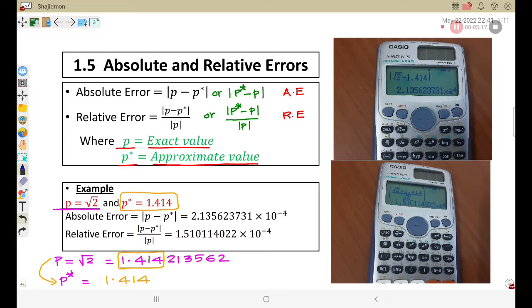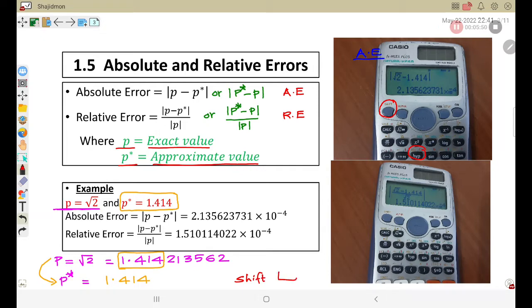So first we are doing absolute error here. In the first calculator you can see I am doing absolute error, correct? Before that, you can see the absolute symbol. You can take the absolute symbol in this calculator. What you need to do is press the shift button and the hyp button. You can see HYP, and in yellow color downside you can see ABS, absolute. So if you want the absolute symbol, what we need to do is shift button,